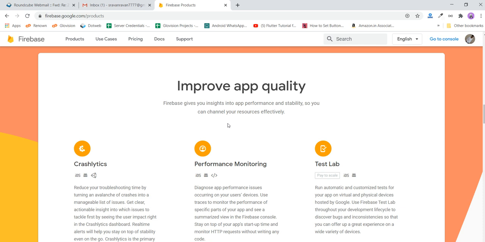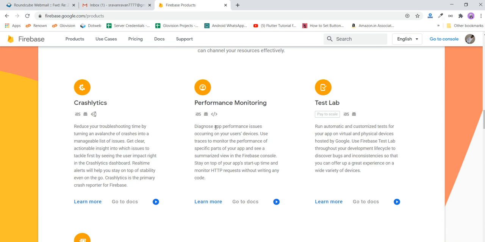After that, there is another feature, crash analytics. Once we enable crash analytics in our application, it is very helpful to check the app when it is live. If any crash happens in the app, it automatically triggers events. There we can check and resolve the issues, and upload the app again in the Play Store. So that can help.